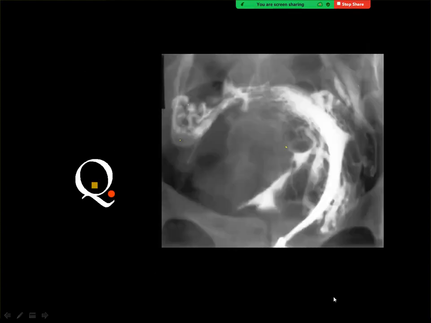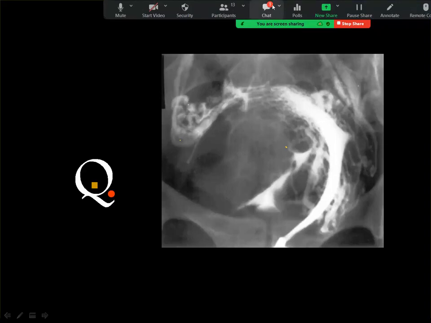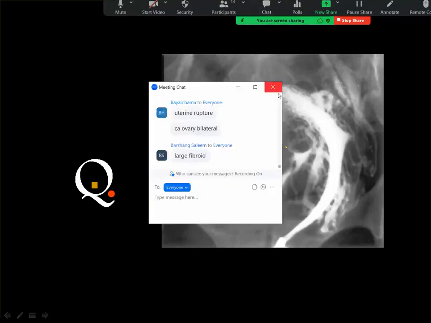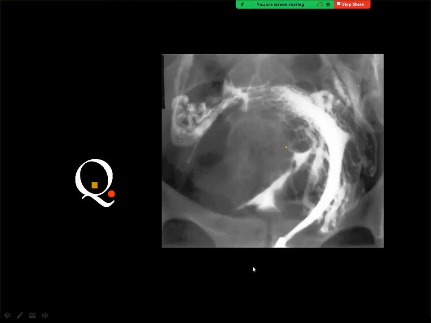Then this is a hysterosalpingogram. This is the catheter, and this is the uterine cavity. Yes, and this is the right answer. Very big uterine fibroid, markedly stretching the uterus as well as the endometrial cavity. One of the important issues is you may think that this is an ovarian tumor, but you should